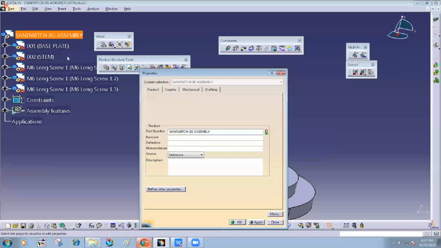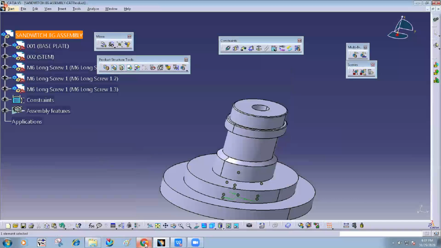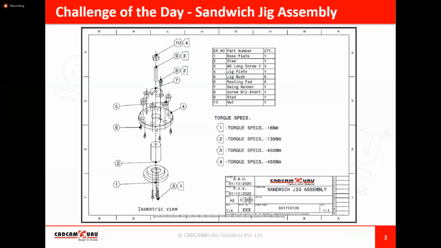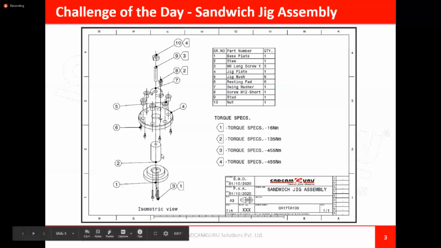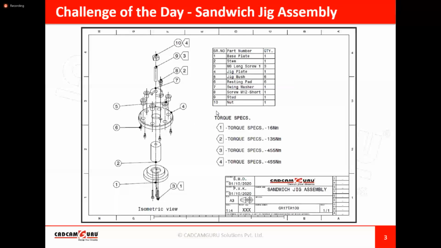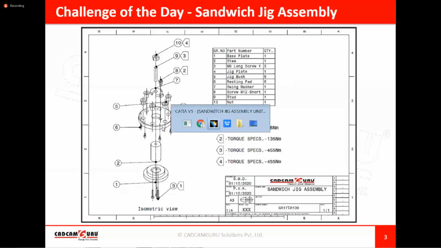I divide this entire assembly into 2 units. Sorry, this is my unit number 1, and there is one more unit number 2. I divide into a second part, which is above this particular second number part. What is this? Part number 6, part 4, 5, etc. All of that I'm considering unit number 2. So my entire assembly I divide into 2 parts. First is the main assembly, and there is a sub assembly which is the top side portion. I simply create the sub assembly separately. So I go back to assembly now.